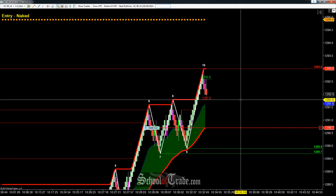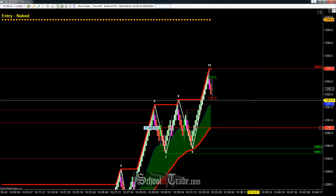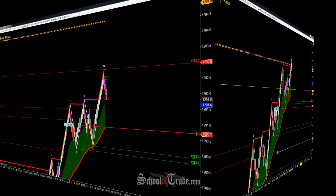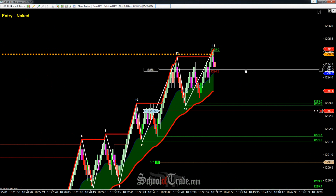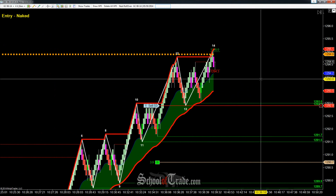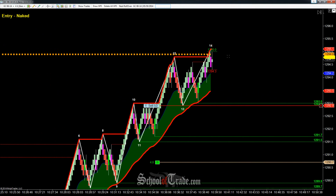So we'll be trailing our stop up along the way, and then we'll see what we can pull out of the trade. So we'll be back in a little bit. All right, folks, we're back. We just tagged that level there, so what we're going to do is get a little bit more protective on this. We're going to bump our stop up here to 1292.9,